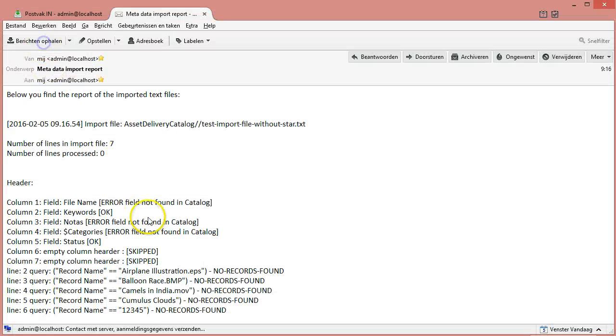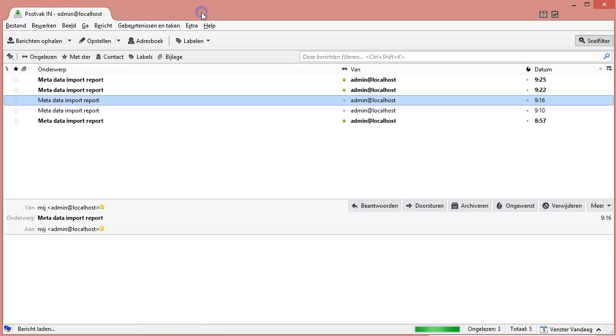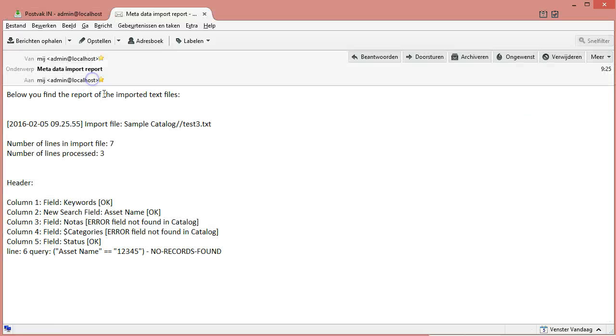And when the workflow is finished, it will of course have a new report telling you, okay, we had 7 lines, it only processed 3, and so column 1 was okay, column 2 was okay, it's the asset name, and it says it's the new search field, and then the rest are just fields. The notas it cannot find, it needs to be notes, so you get notified. $categories it doesn't recognize, but it does process it, because $categories is not a field. It tells the workflow to set the value in the categories field